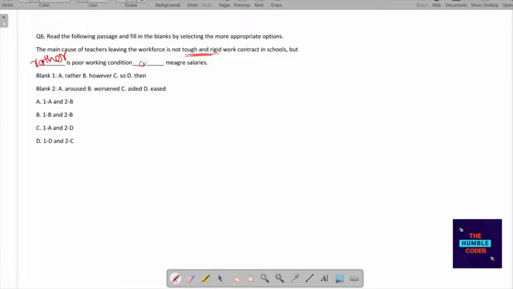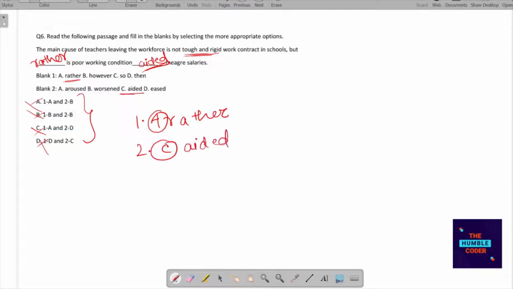So the answer that can become here is aided. So the first it is A, and for second it is C. So we can see that in options there is no such option. So it can be considered that the options are misprinted, because the correct answer is this only. For the first blank it will be rather, and for the second blank it will be aided. Okay, so this is the answer which is not present in the options. So moving ahead with the next,